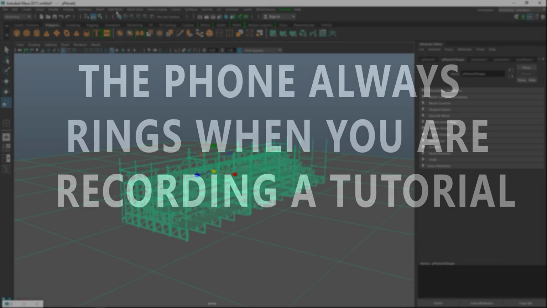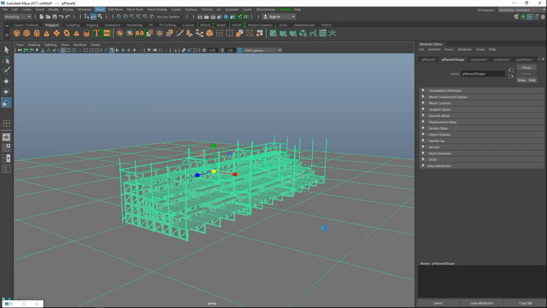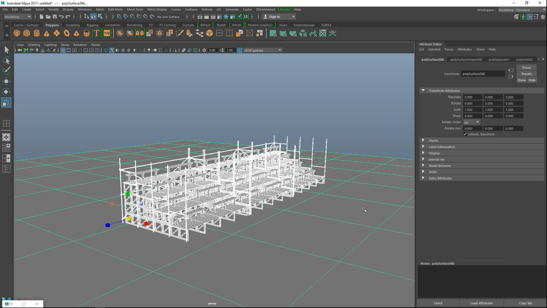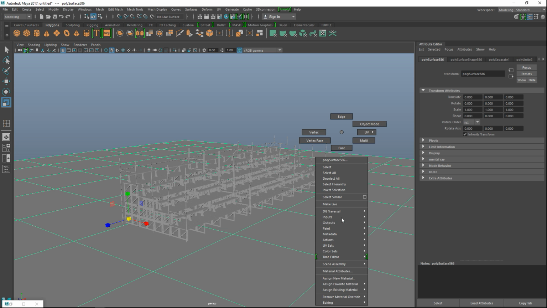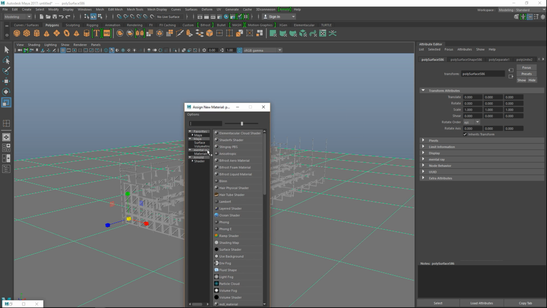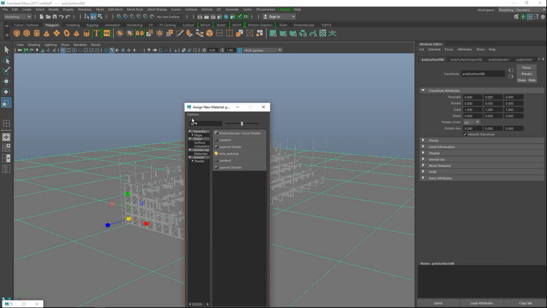So I'm gonna go into Mesh and Separate. And again, you guys can do this in my file if you want. Okay, I'll just separate that. Hang on. And let's see, I'll take my floor, assign new material. Let's do a Lambert,